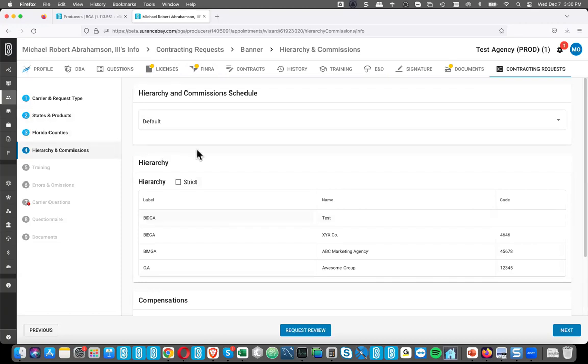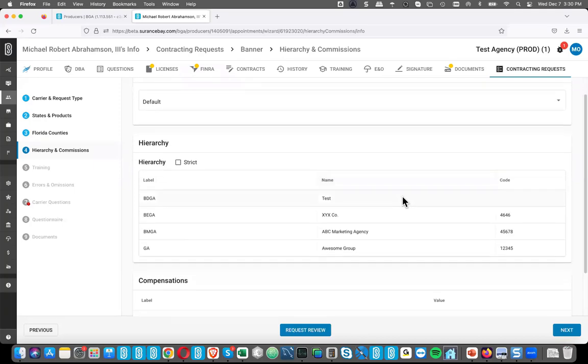The hierarchy and commission step has been moved up in the process. And the reason for that is, in many cases, carriers will have either optional transmittal forms or other changes to the questions based on what you put in for the hierarchy and commissions. Previously, you'd get to the hierarchy and commission step, that would be the second to last step before you viewed the documents in the packet. And then you'd add things or make changes to the hierarchy or add those optional transmittals or agreements in some cases. And you'd have to go backwards to send the review request to make sure that all of those questions got answered by the producer.